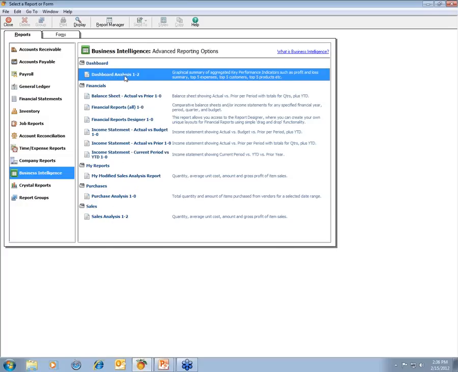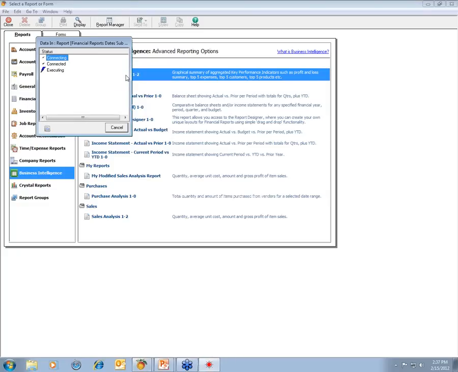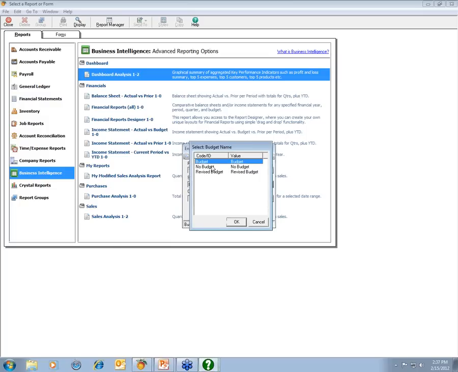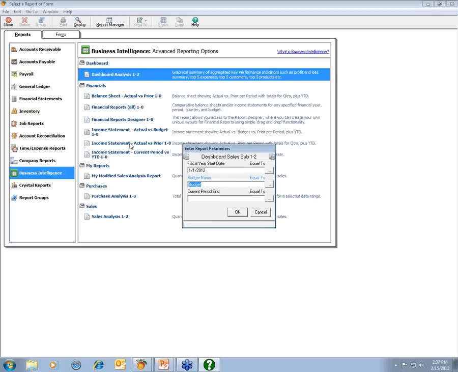And what I'm going to do here to illustrate this is pull up this dashboard analysis report, which is one of the standard reports that we include with the business intelligence feature in Peachtree Quantum. And by the way, we're going to be adding quite a few additional standard reports. We're going to be pushing out over the internet free of charge. If you purchase Peachtree Quantum, you'll get those additional reports, which will be automatically downloaded into the business intelligence section